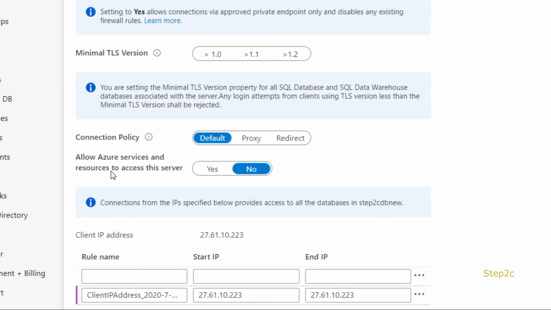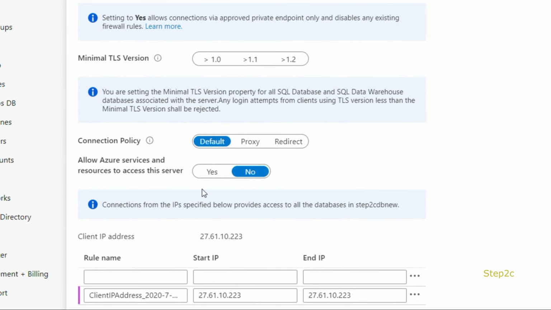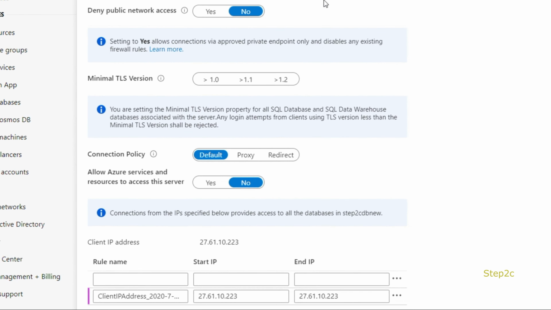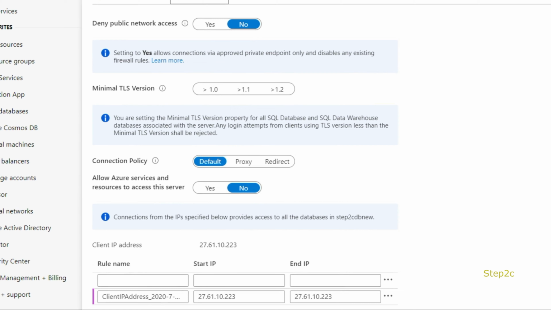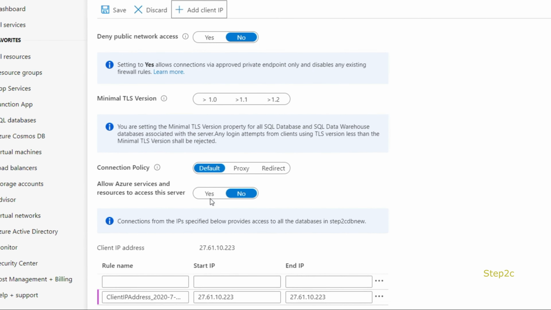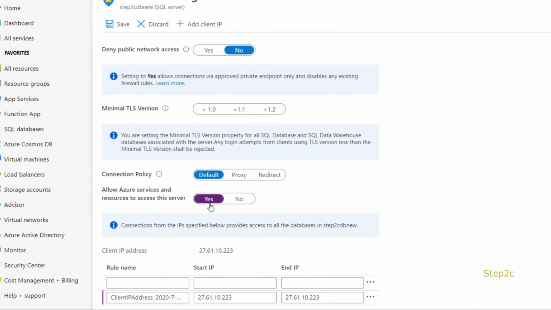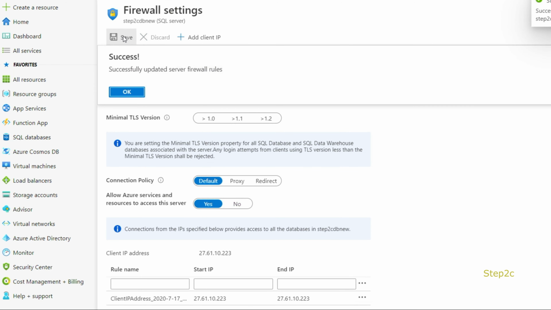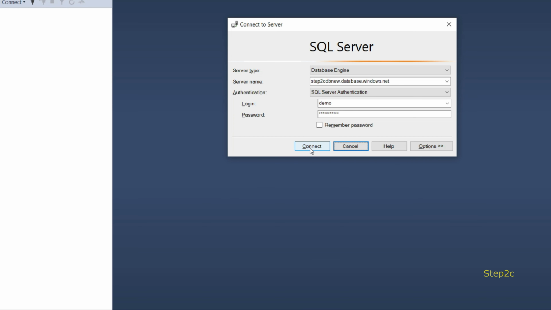Also you could see allow Azure services to access this SQL database. If you are not enabling this option, you will face some difficulty accessing this database from your Azure environment. So make sure that you select yes and save the settings. Now if you try to connect, you will be able to connect.